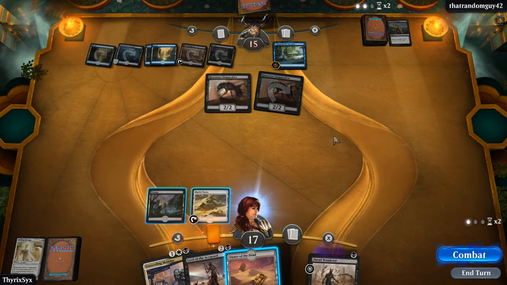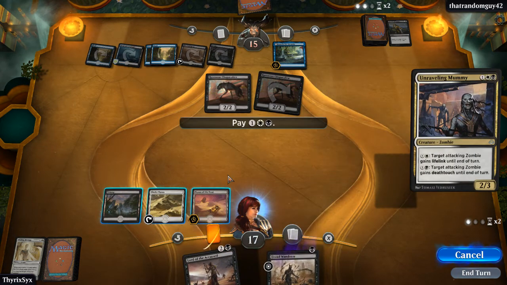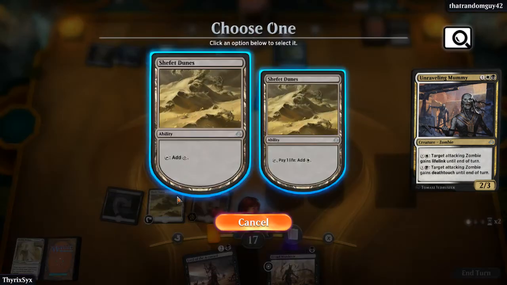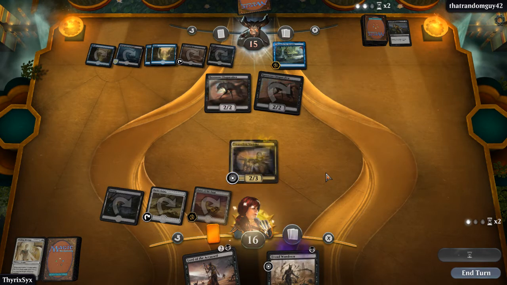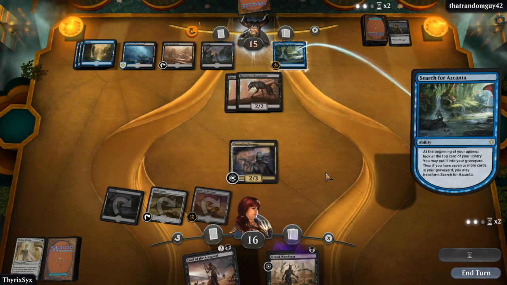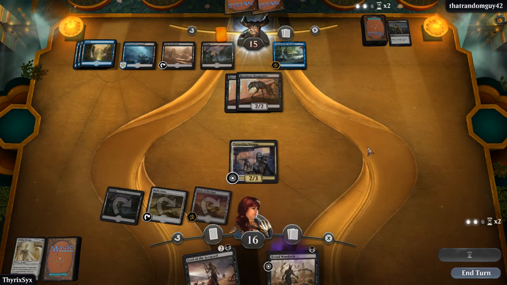Cool, that's actually fantastic. I'm going to play Unraveling Mummy first. The reason is, 1, I care less if it's countered, and 2, I'm more comfortable attacking with it next turn. But yeah, so we drew a land, essentially right on time. I don't think I went a turn without casting a spell, so...